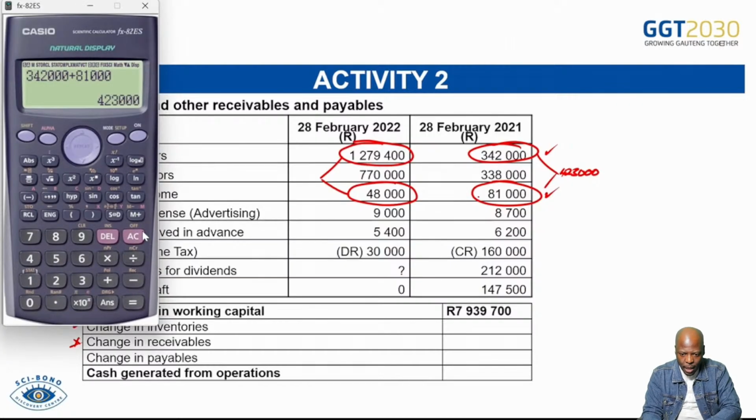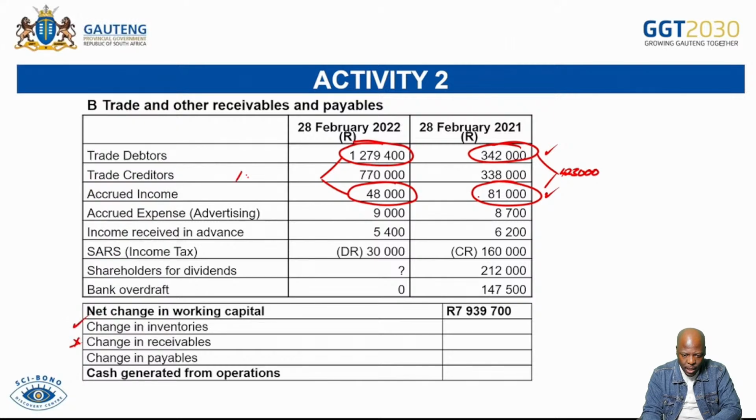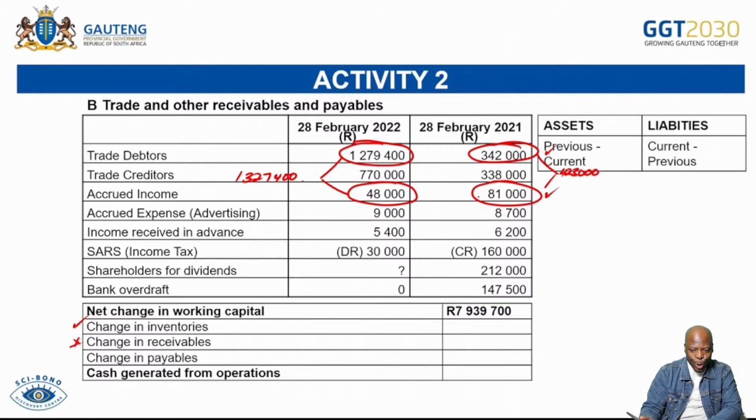And then I'm going to come here and say 1,279,400 plus 48,000. That is going to give me 1,327,400. Like that. So remember now, I introduced you to another shorter method, which was saying when it's your assets,